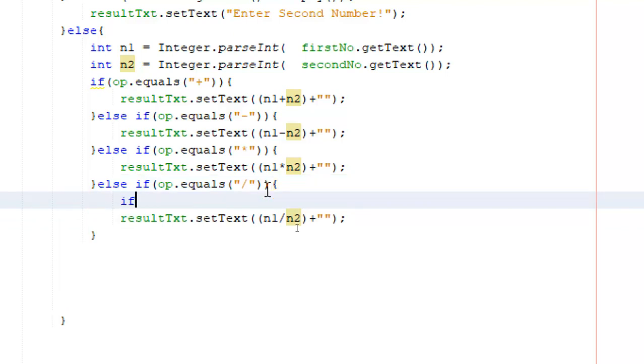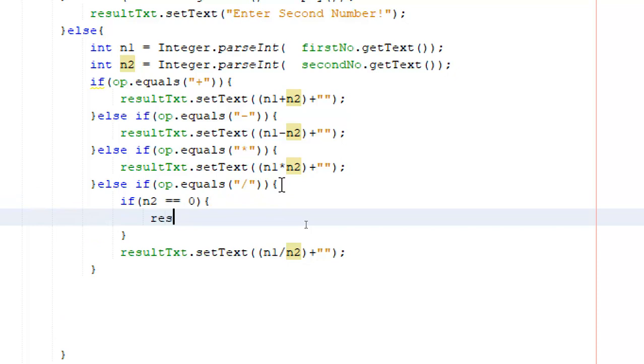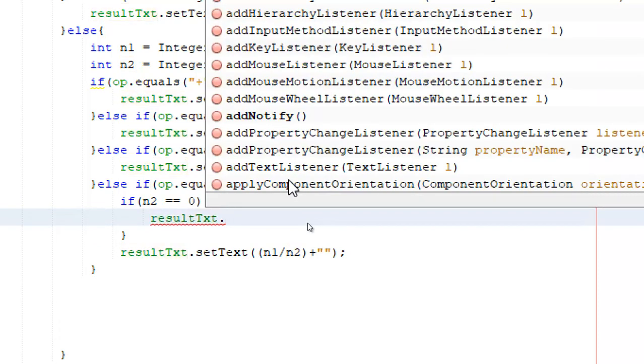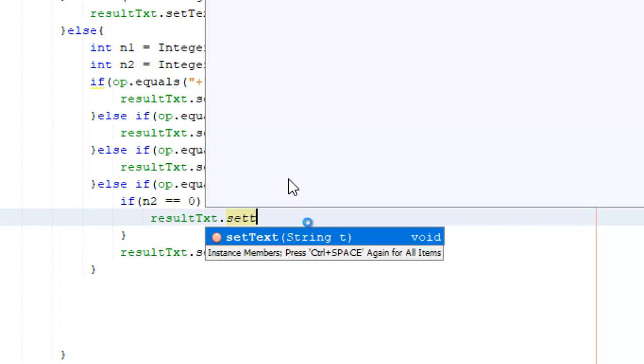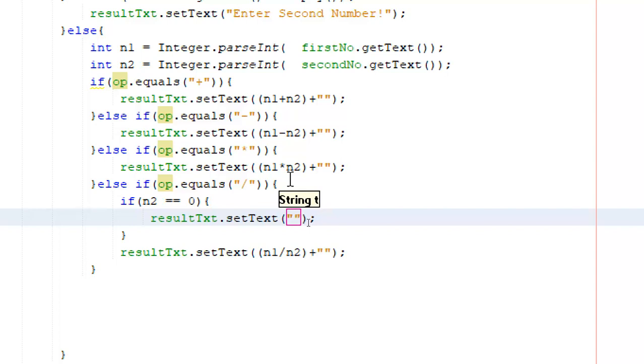Very simple thing. So if n2 happens to be 0, then I will go to my result text and set the text as division by 0 and then maybe an explanation.